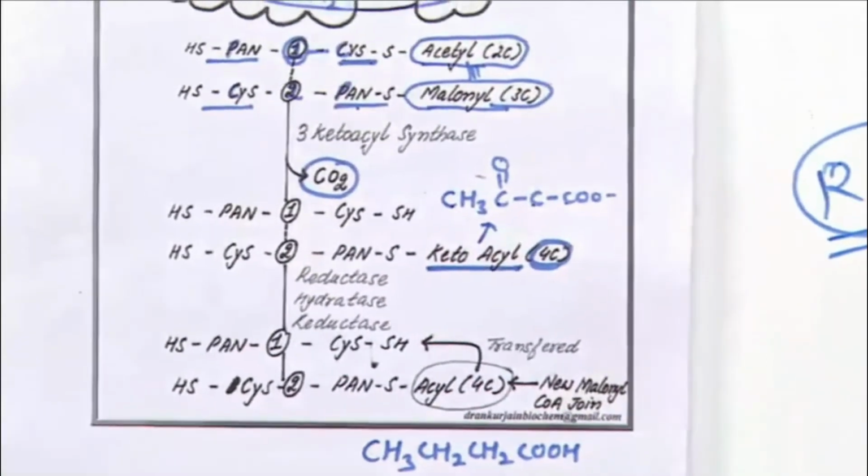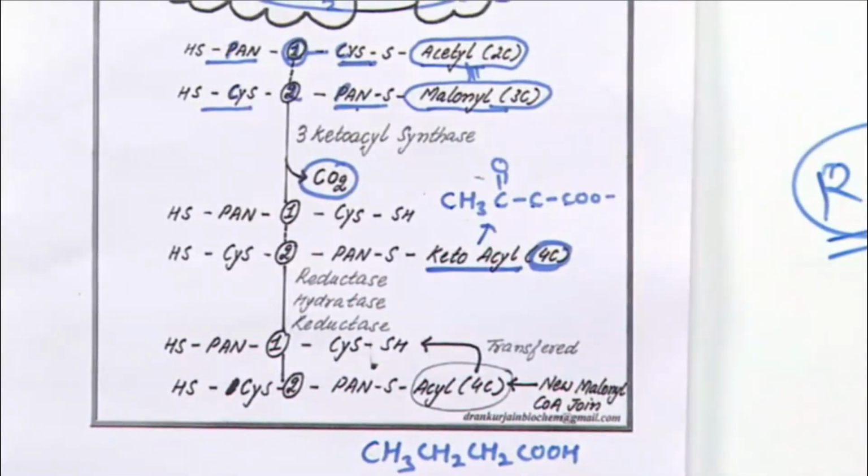There are so many questions recently asked from this topic. This is a favorite topic of PH Chandigarh, and now NB is asking questions from this topic, so each and every step is important. I told you in fatty acid synthesis acetyl coenzyme A is converted to malonyl coenzyme A, the rate limiting enzyme, giving sufficient acetyl and malonyl coenzyme A in the cytosol. Further synthesis takes place on the fatty acid synthase complex.